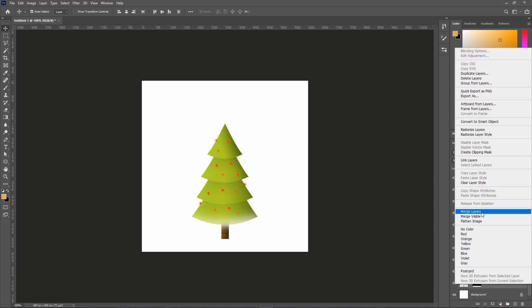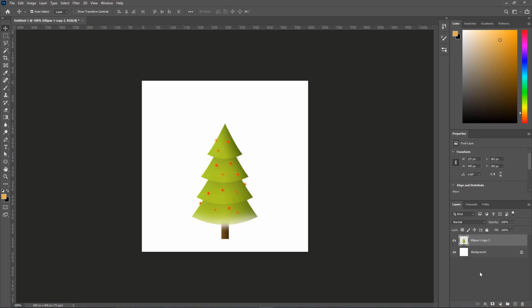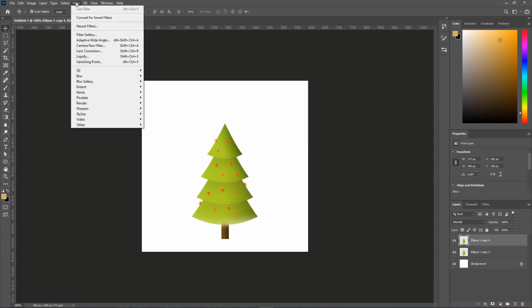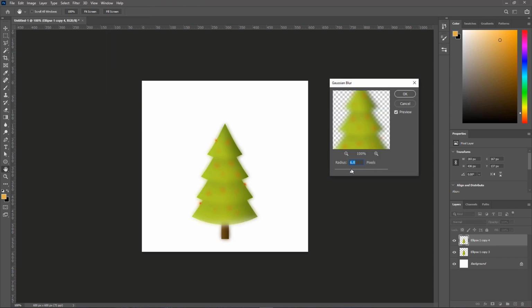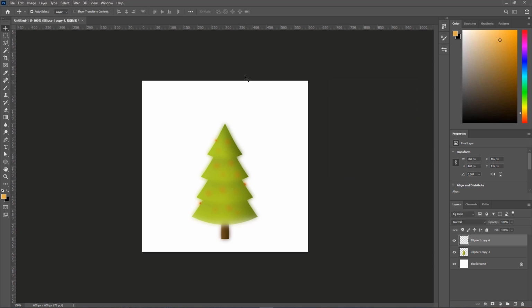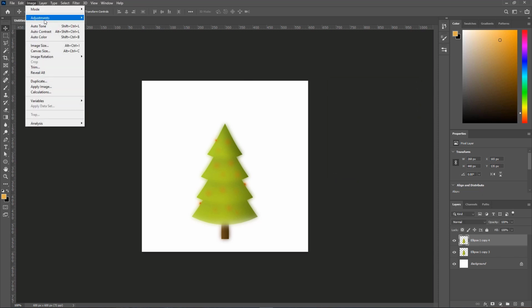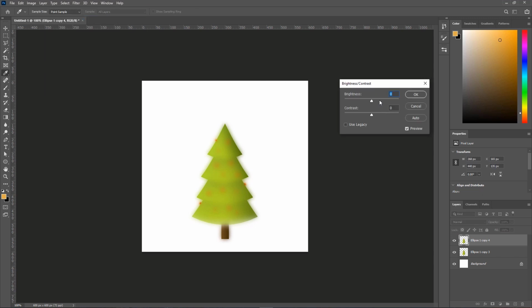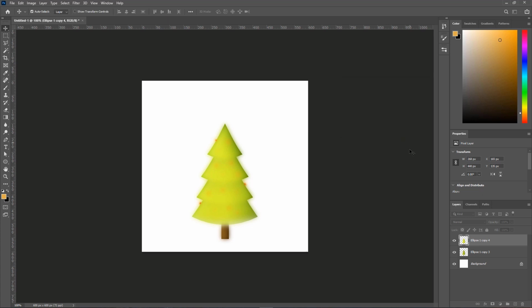And let's merge it all together. Now one final touch is we're going to copy this layer by clicking Ctrl J. Let's go to Filter, Blur, Gaussian Blur, and make a small blur as you can see here. Click OK. Next, go to Image, Adjustment, Brightness and Contrast, add some brightness and contrast, as you can see here, and click OK. Now let's decrease the opacity,